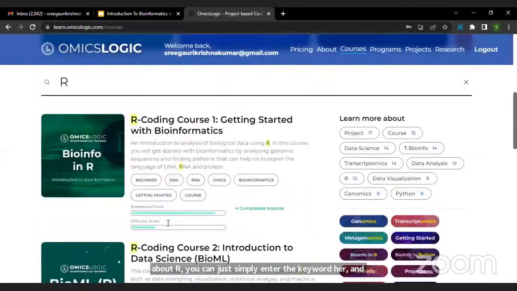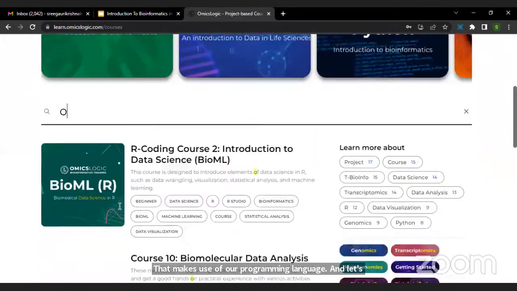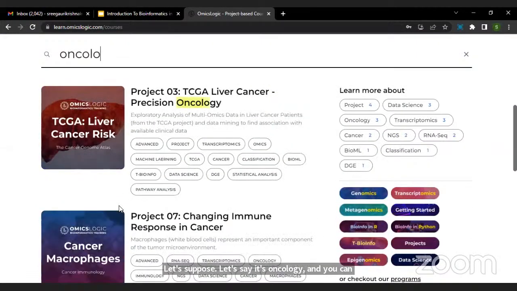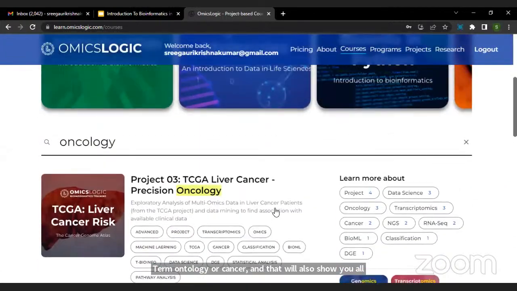And let's say you have another field of interest. Suppose it's oncology. Then you can simply enter the term oncology or cancer, and that will also show you all the courses and example projects that will help you